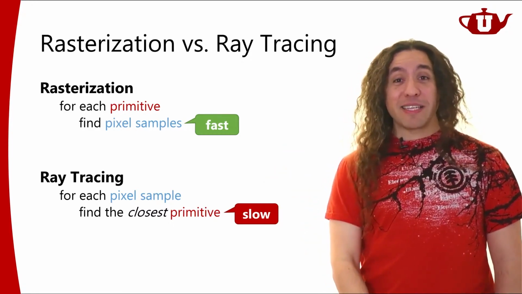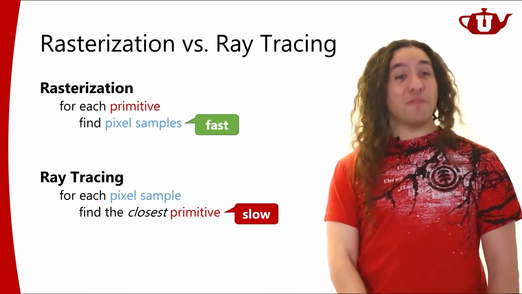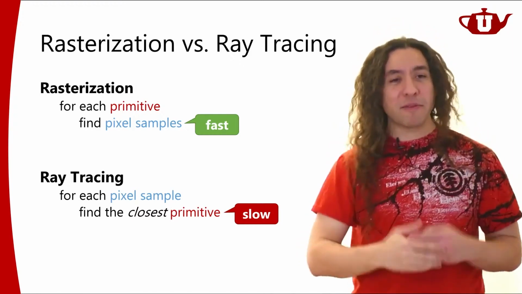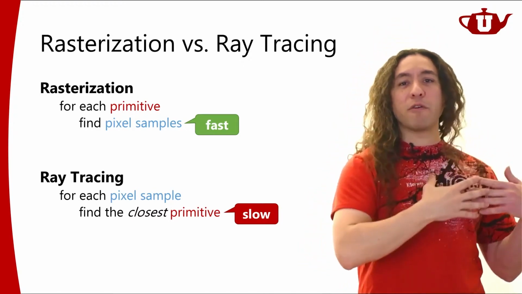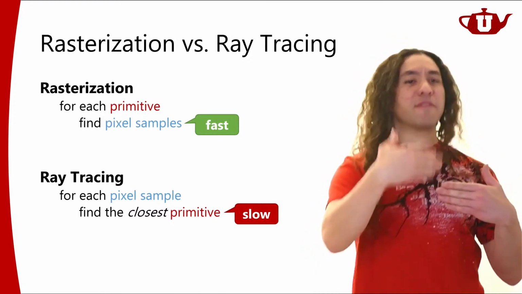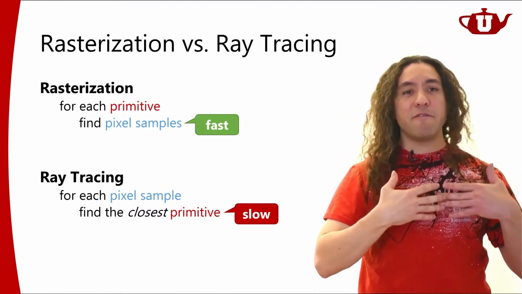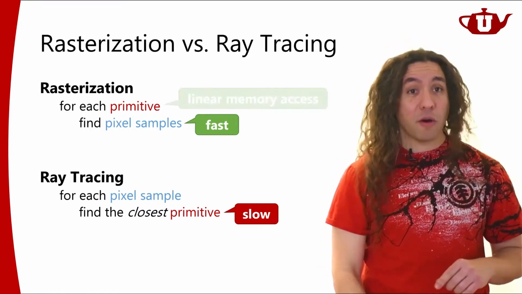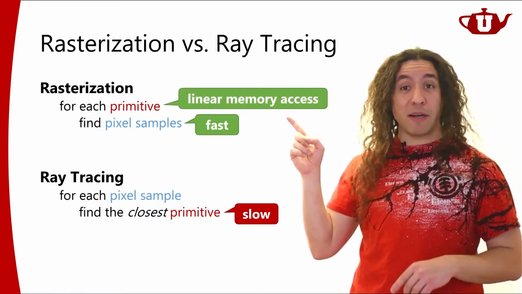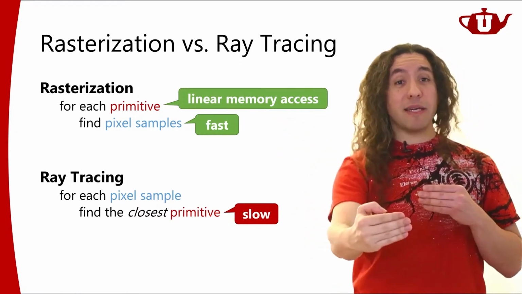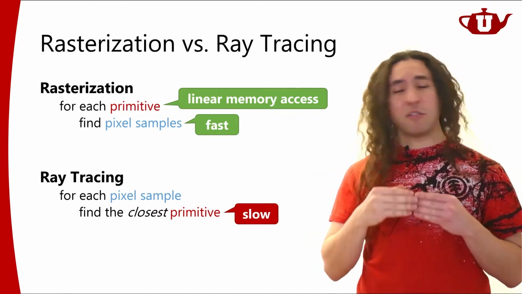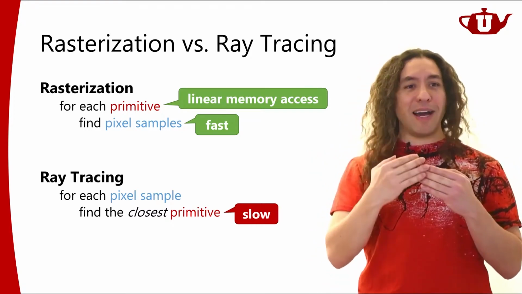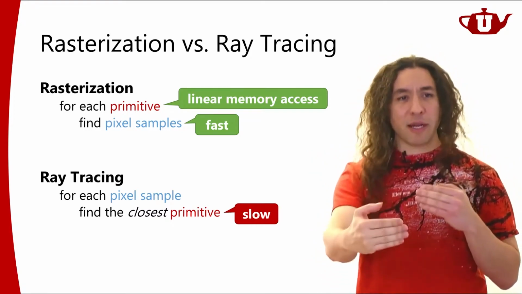Moreover, this process of for each primitive, that means I'm going from one primitive to the next primitive to the next primitive to the next primitive. Guess what? If I'm going to go over my scene by rendering one triangle after another triangle after another triangle, I'm going to have very, very predictable memory accesses, right? And memory can be very, very slow in modern hardware. So by accessing the memory linearly, this linear access makes rasterization super efficient in the way that it's accessing the scene data. Like I am taking one triangle after another triangle and another triangle and another triangle.